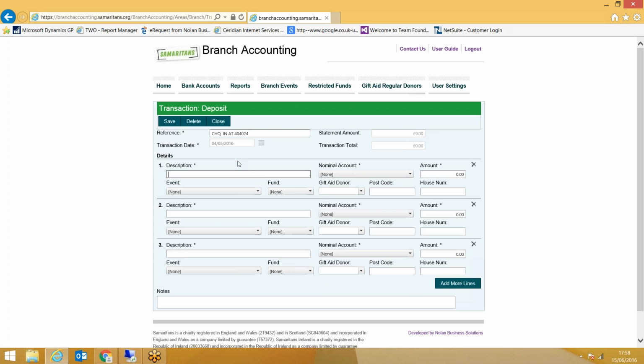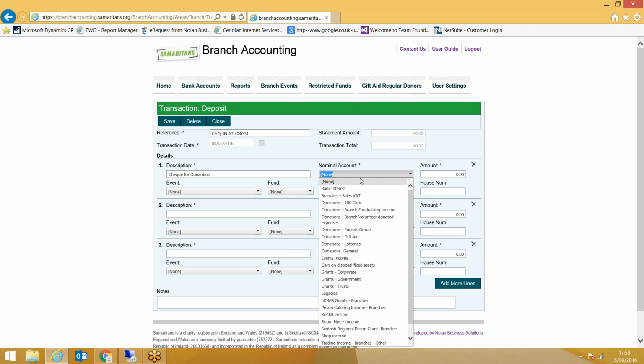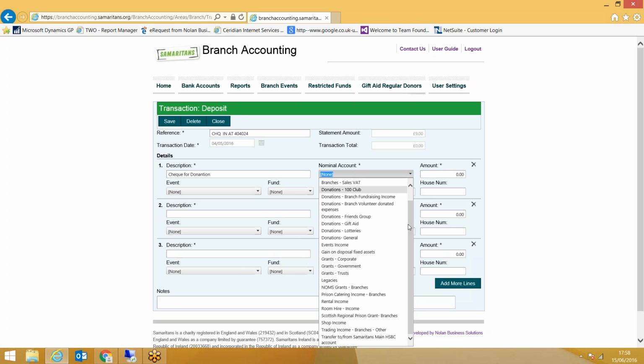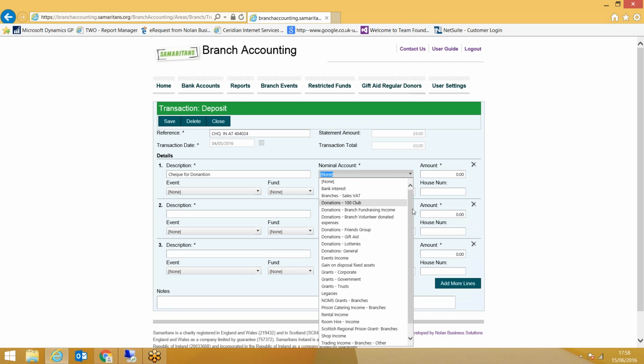I can enter the details of this check. So it was... and I can select the nominal account that it refers to. By clicking on the drop down here, I get a list of all my income accounts. And I must select the one that matches the reason for the income here. So this was a general donation,